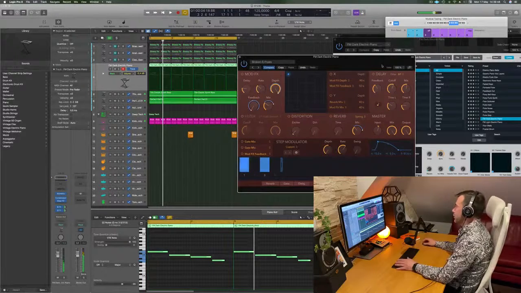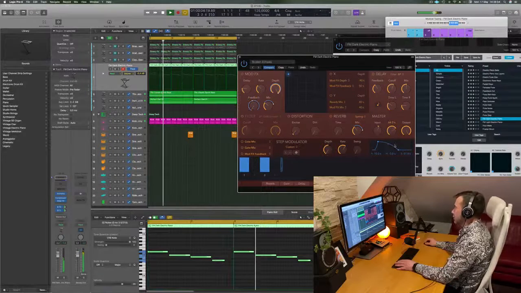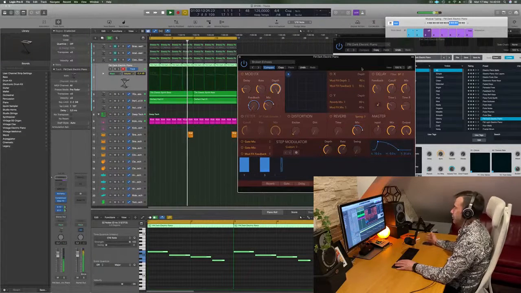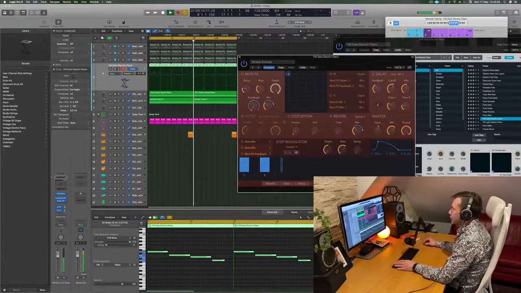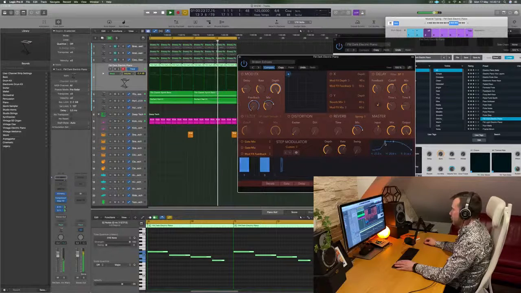So you can spice it up like that, and of course you can mix it here. So you have the original signal. I always find the mix around 60-70. It's very good. Then you can also, of course, play with the parameters: distortion, reverb, the step modulator. Okay, this could be interesting in our case. So you want to